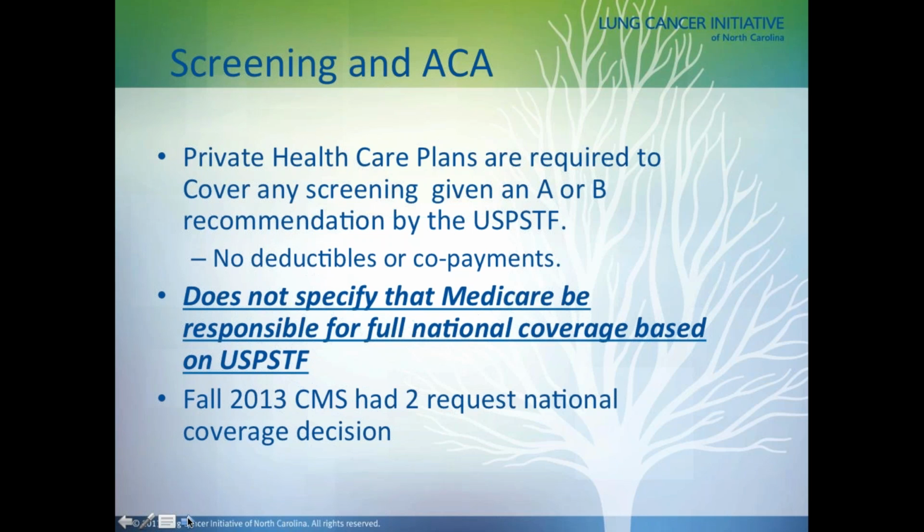Now, notice this is health care plans, and it's private health care plans. And it also says there will be no deductibles or co-payments. It's also important to note that the requirements have to be the exact same that the U.S. Preventative Task Force recommended, not necessarily what CMS recommended, and I'll discuss that in a moment. And they also mention no deductibles or co-payments, and it does not specifically apply to Medicare, at least when this was initially